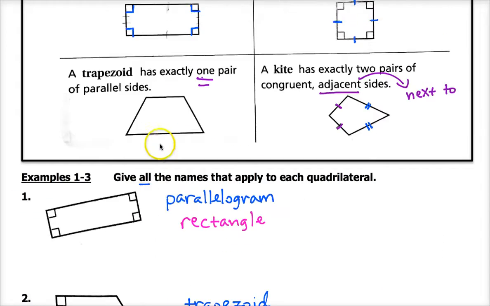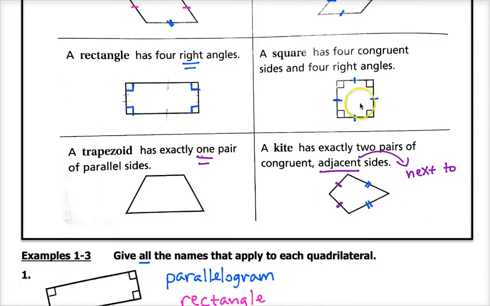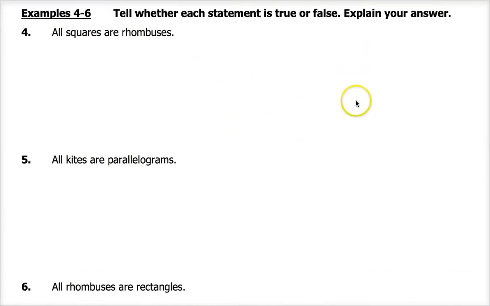If we go back to our chart here, a rhombus is a parallelogram that has 4 congruent sides. So in order to be a rhombus, we know that all of the sides have to be congruent. Okay, and this states that all squares are rhombuses. So what do we know about squares? Squares have 4 right angles, and squares have 4 congruent sides. So because all squares have 4 congruent sides, that makes them rhombuses. So this is true. All squares are rhombuses because